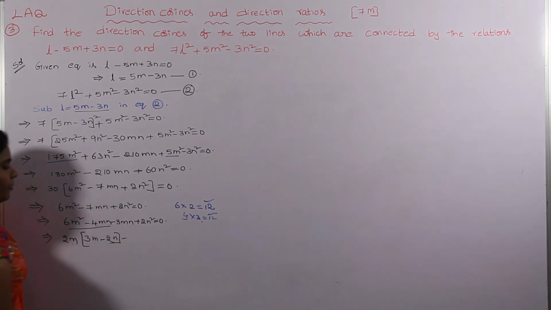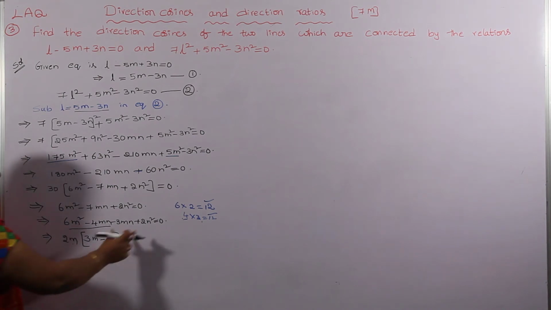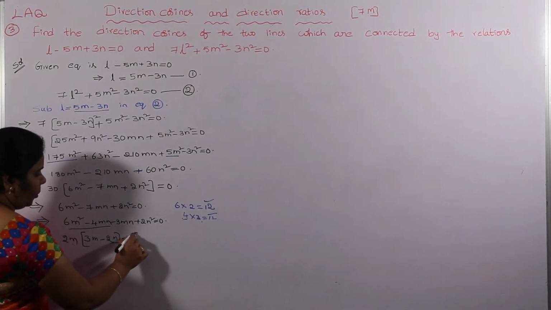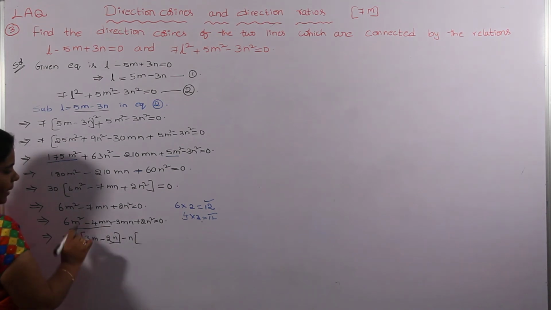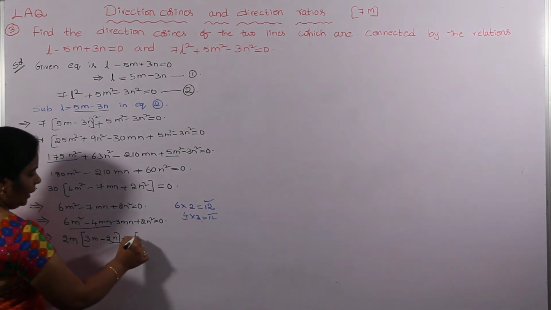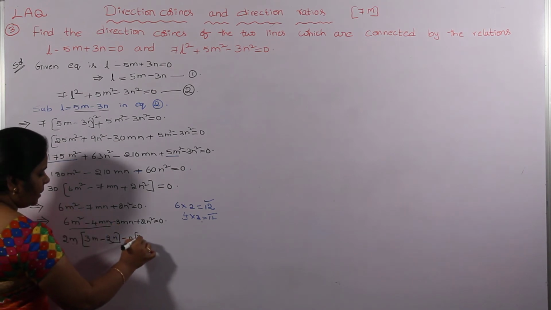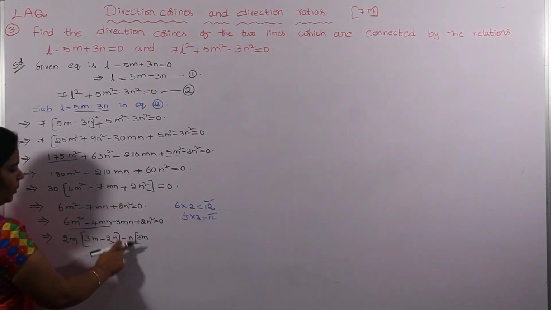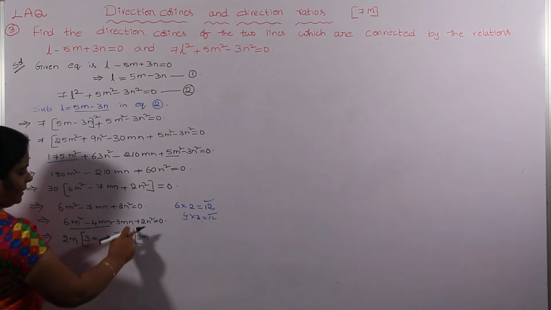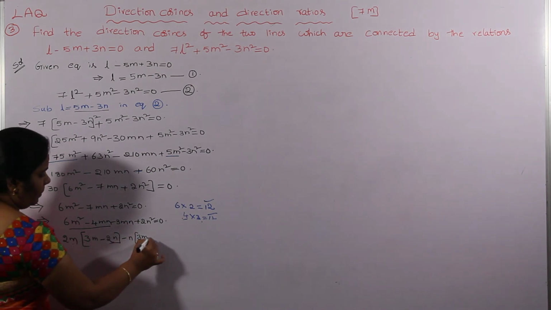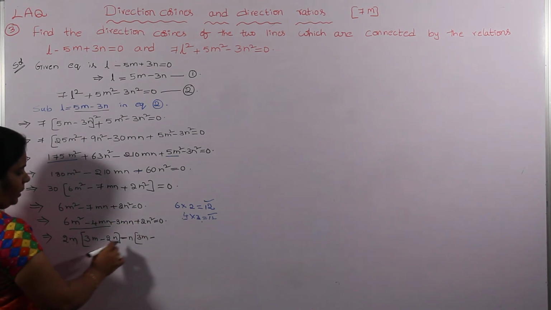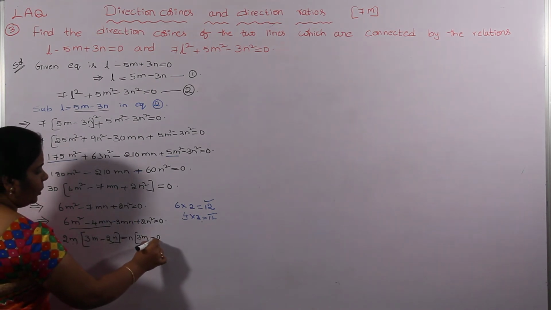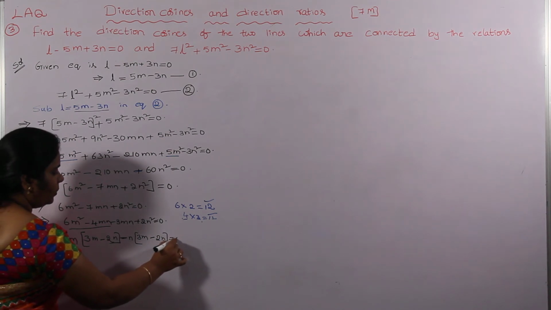Minus. From this the common term is actually n. We take minus n common. When we take the minus common, here we have a minus, so we take plus here. Remaining is 3m. Plus, when we have plus, we take minus only. Here take minus common. So we take minus n out, remaining is 2n is equal to 0.